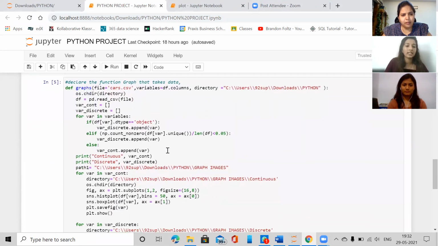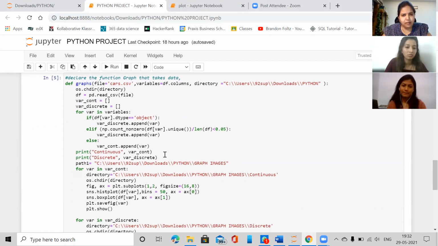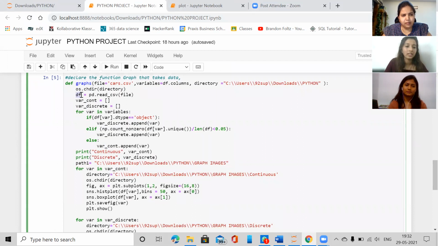We have created a function called graphs where we'll be importing the file name, the variables, which by default are all the variables in the dataset, and the directory we'll be setting for saving the graphs, which will be explained later. So the first step is to read the file, which will be saved in df as we have done before. df will have the whole dataset.